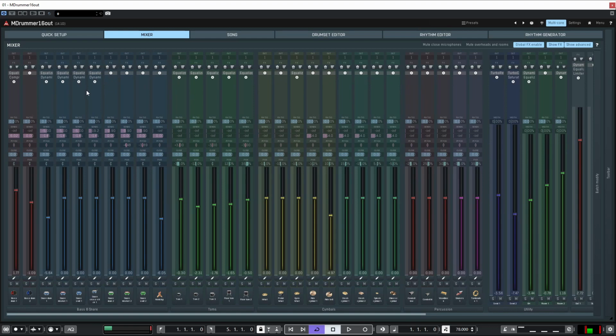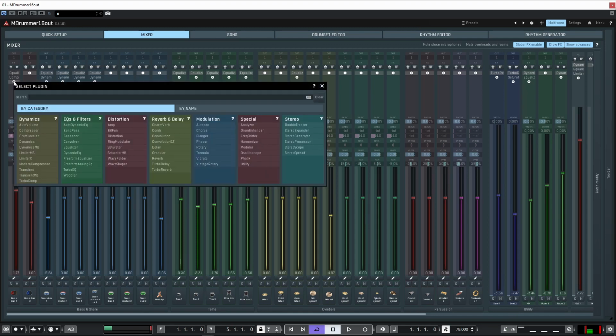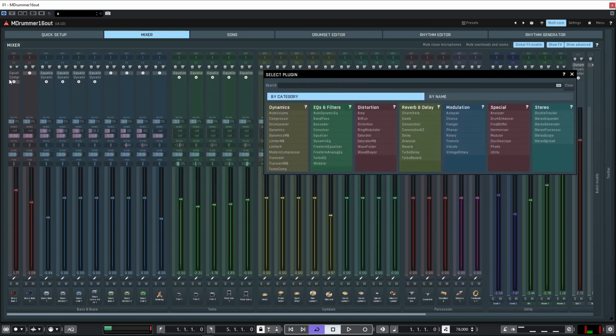All right, now let me talk about the effects here. Very important. You click this button and you get essentially all of the effects, full effects available, from my understanding, for Melda Productions. So this is all of the effects that you can get as standalone effects, and some of this stuff is ridiculously powerful, man. Any of these can be loaded onto any of the mixer